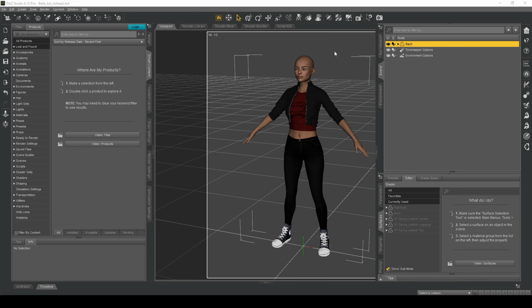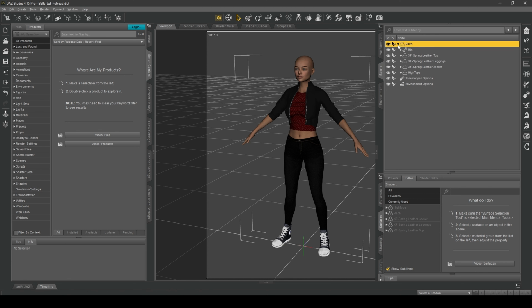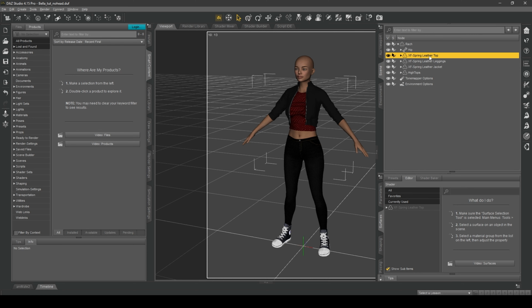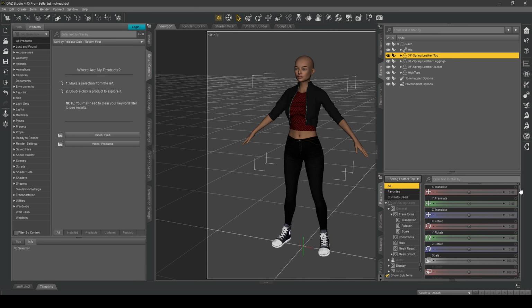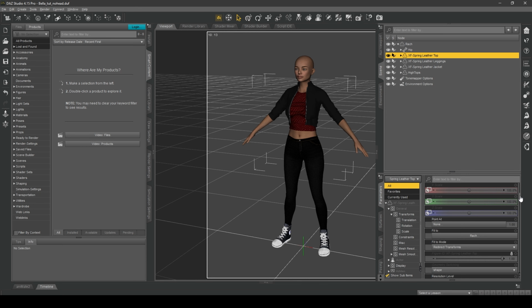We need now to prepare our Daz character for export to the engine, knowing that we're not going to be needing this head, and so we need to make those changes now. The first thing I'm going to do though is I'm going to go to our clothing. Here we have a top, leggings and jacket, and the first thing I want to do is, usually these clothing items come with morphs.